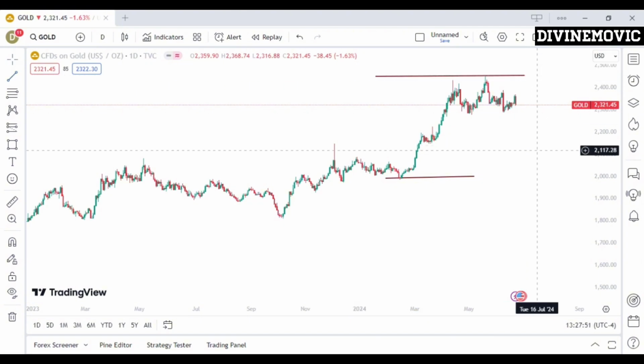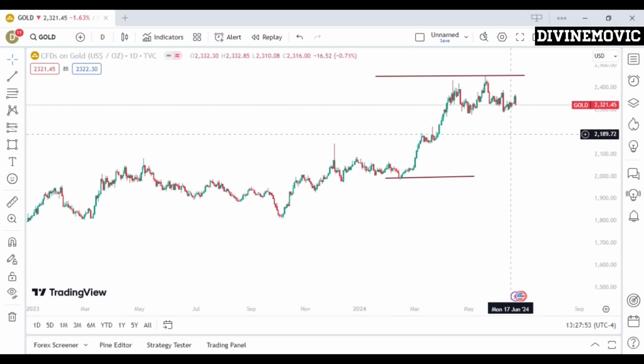We want to simply identify zones that are in this key level. Are we having supply zones or are we having demand zones? What zones do you have at this point? If you are having a supply zone, what do we do next? If you are having a demand zone, what do we do next? That brings us down to the 4 hours time frame, where we want to simply understand market structure as well as supply or demand zones. Now, if you go to the 4 hours time frame,